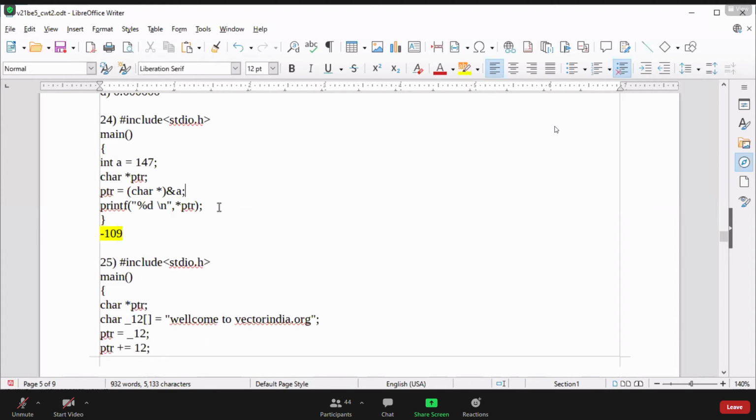Typecasting is not the concept here; if you don't typecast, it will still work fine. You need to learn the character pointer concept. When we dereference a character pointer, it will fetch 1 byte of data. What will be that 1 byte of data? That is the answer. If you are still not getting it, try to do the binary representation and get the answer.